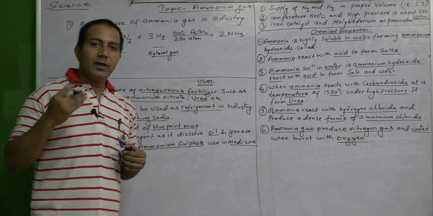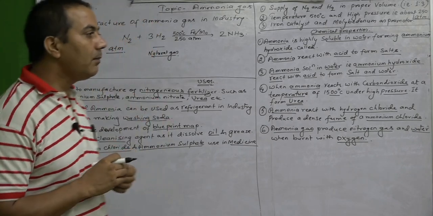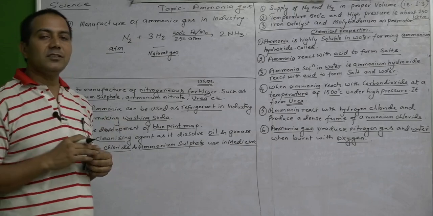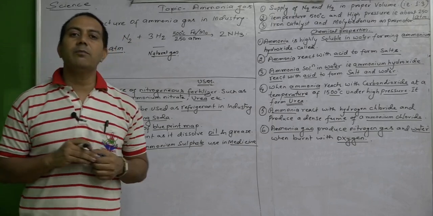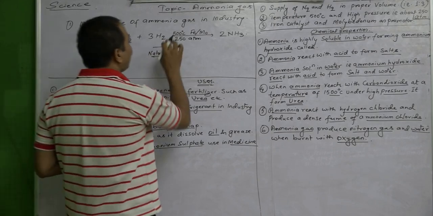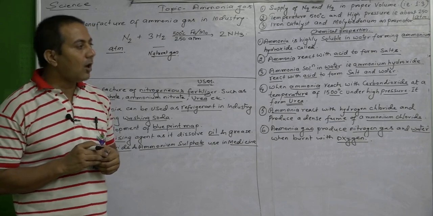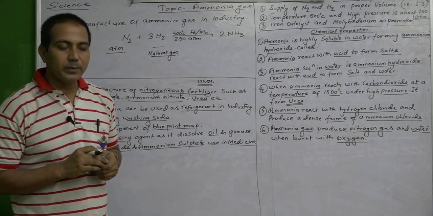The pressure may be varied up to 900 atm according to the necessity of promoting the reaction. So we have to supply 500 degrees Celsius temperature along with 250 atmospheric pressure